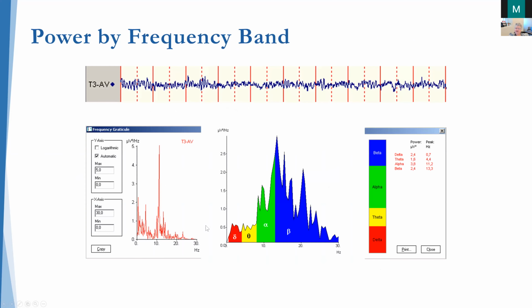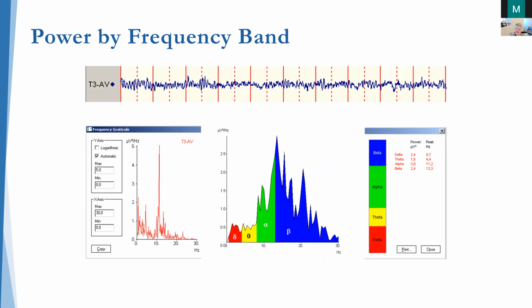So once we've done our fast Fourier transformation, we can actually divide this into different power bands. We basically just include the area under the curve for the delta frequencies, 0 to 4 hertz, theta, alpha, and beta activity. And we compute the fast Fourier transformation over segments of EEG lasting from 10 to about 20 seconds. Once we do that, we can determine the percentage of the power that's present in each of these frequency